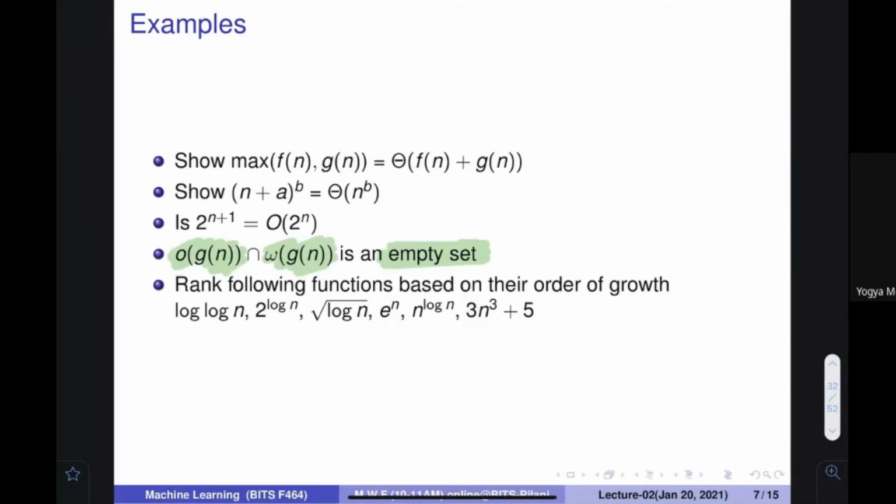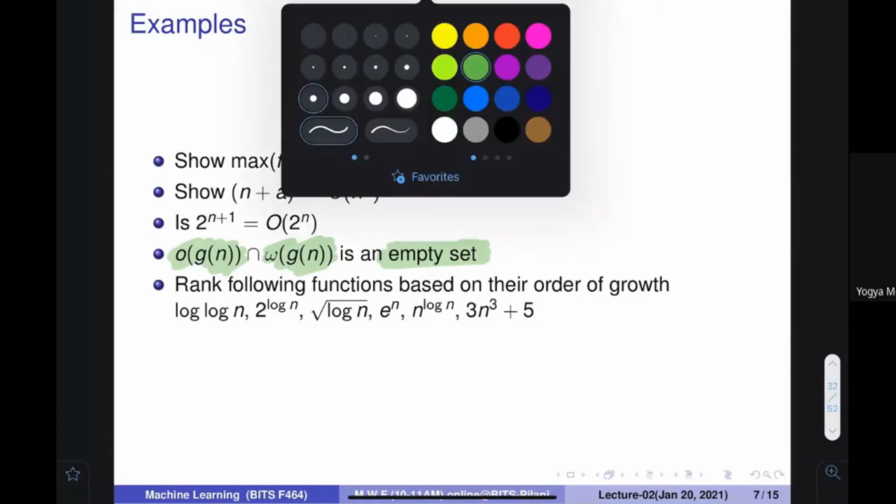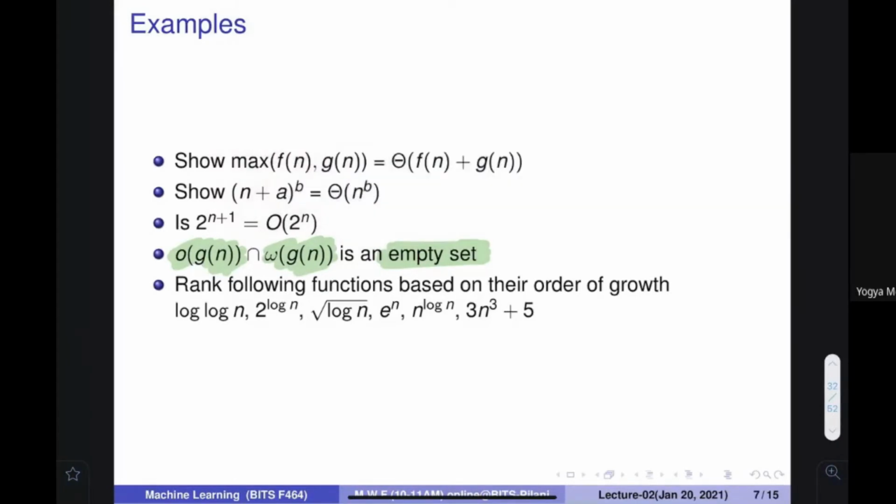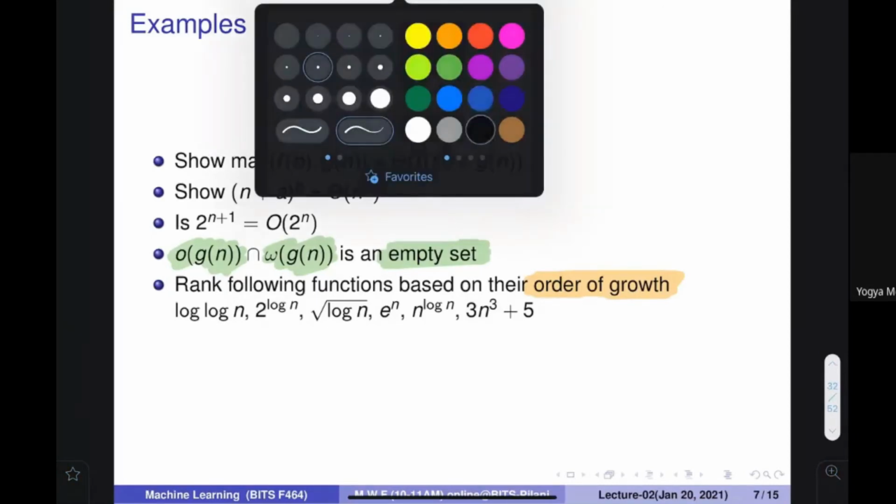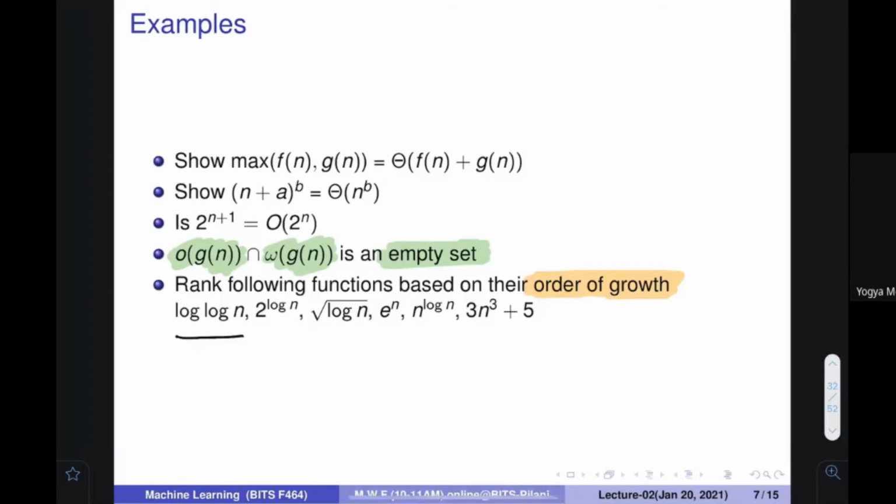Next question is an important question, and it asks whether you can arrange these functions into their order of growth. Order of growth means asymptotic notation, how they are increasing. So can you tell me which is of the highest order? Let me see the functions one by one. This is 1, log n, then 2 to the power log n. Here n and 2 can change, so it becomes n to the power log of 2, and log we generally take to the base 2 only. So it becomes n. This is nothing more than n. What is this? This is under root of log n.